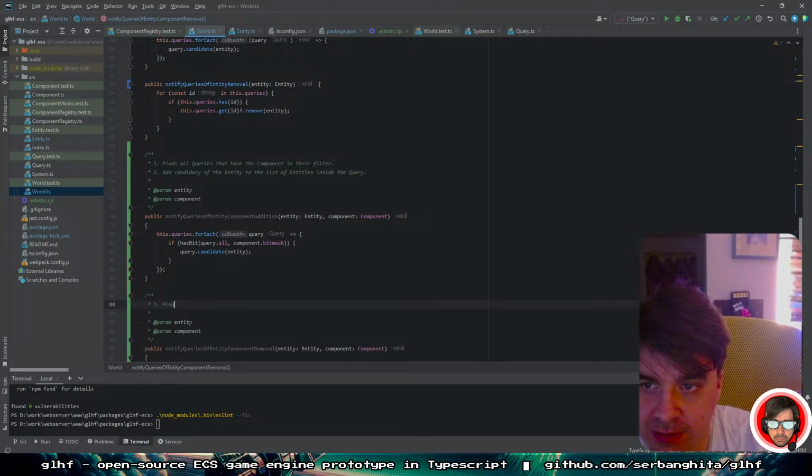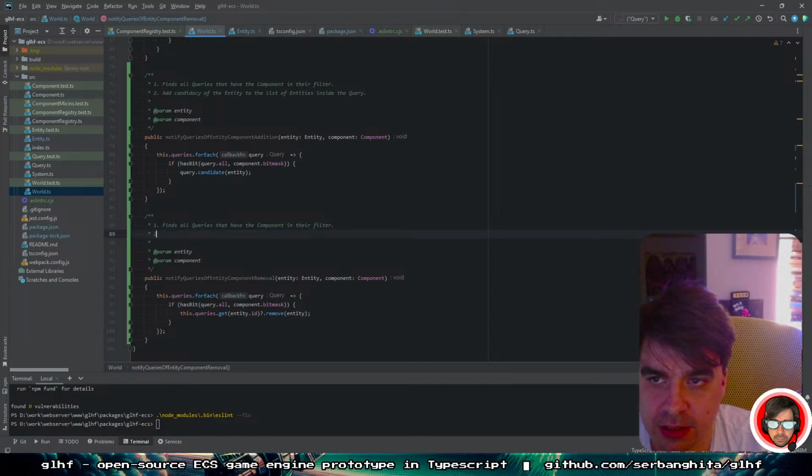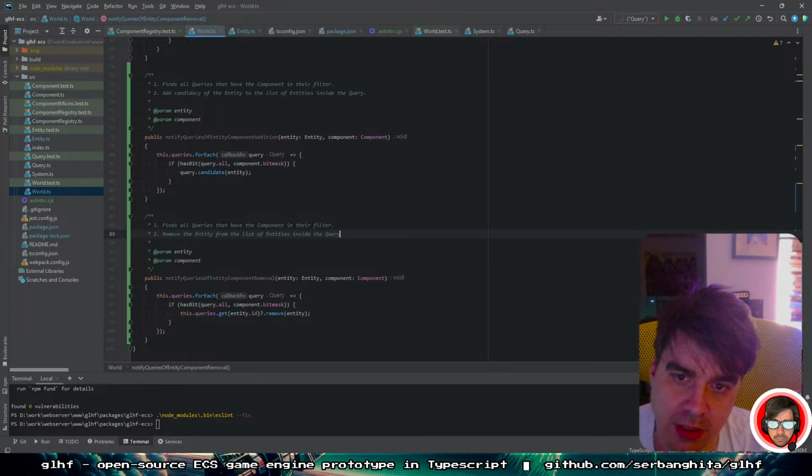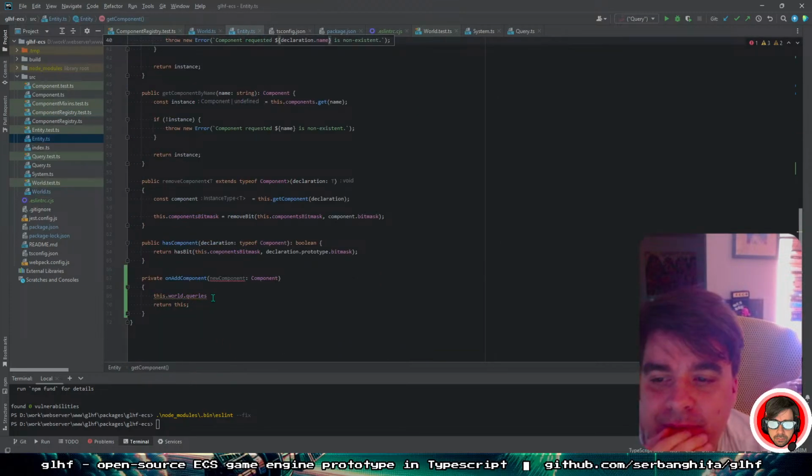And this one finds all queries that have the component in their filter to remove the entity from the list of entities inside the query. So when you add an entity,